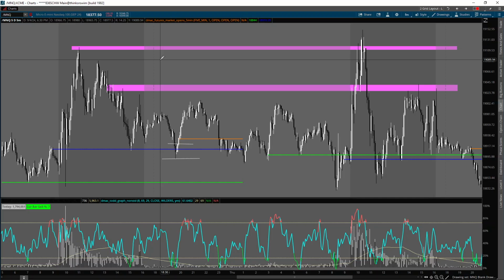However, it's important to note that trading is a game of mathematical probabilities. You will not have a 100% strike rate or win rate. There's no trader on the planet that has a 100% win rate. And so what that means is that whatever the playbook is that you use, whatever the edge is, whatever